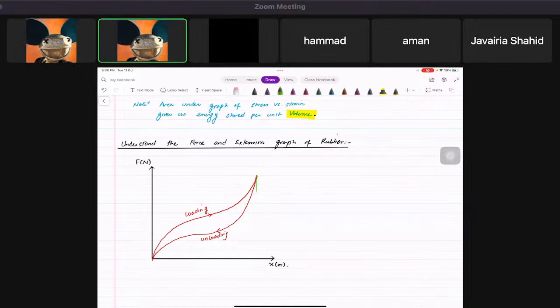So first, I'm going to show you the area under exactly loading. So I'm going to color this with green, just so you can identify what is what. Then I'm going to color the area between loading and unloading with blue,